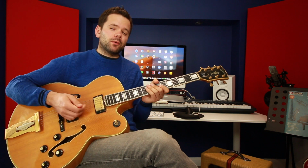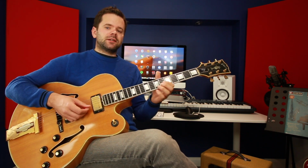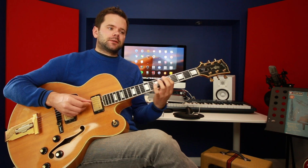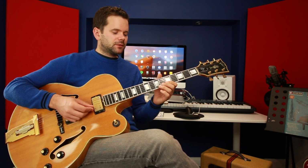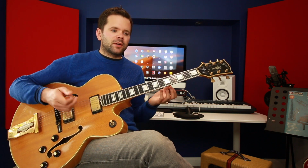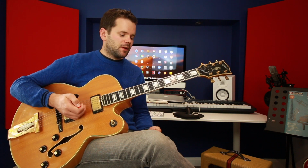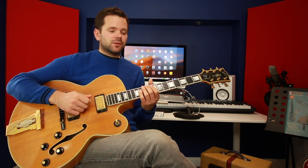So D harmonic minor will work well. It's got the chord tones in, and you can easily create nice melodies with that. And it's got bags of character with those three places where there's semitone intervals. So again, you want to be able to outline the chords, so